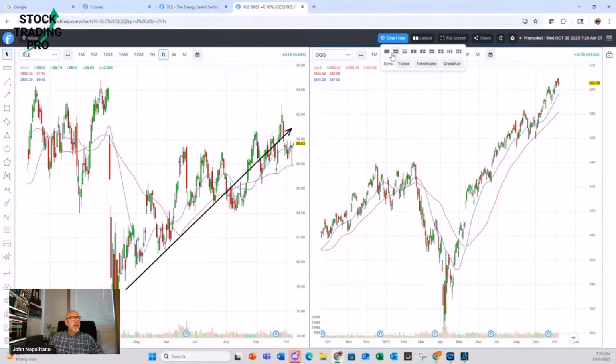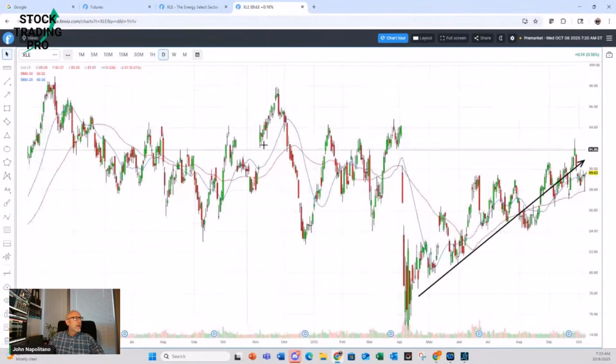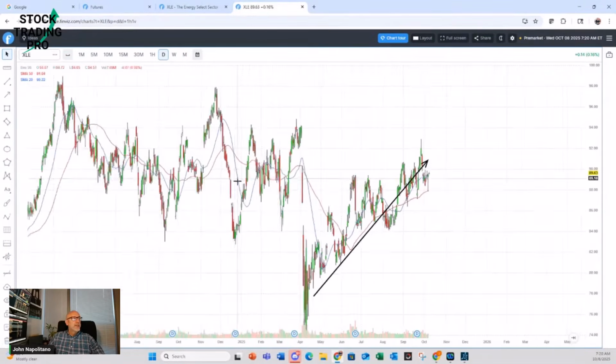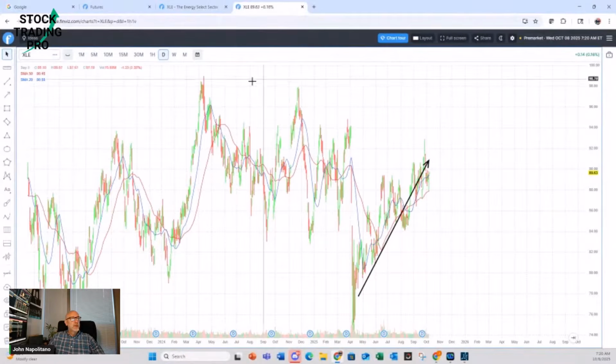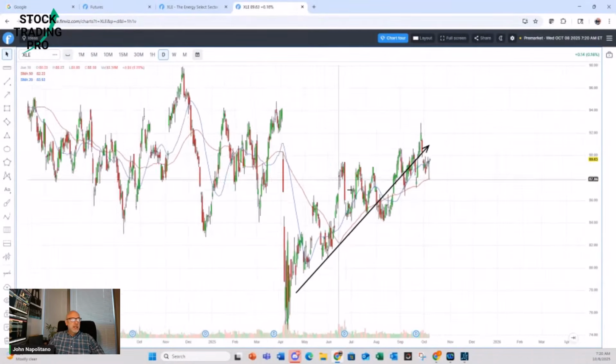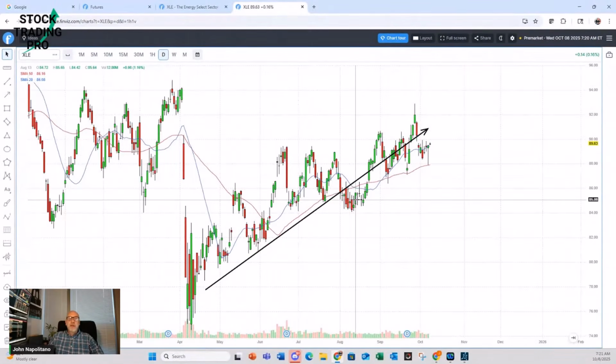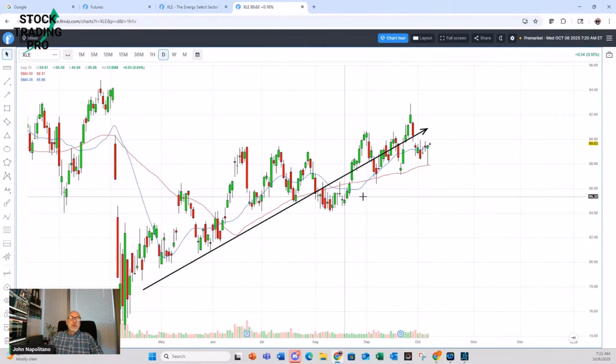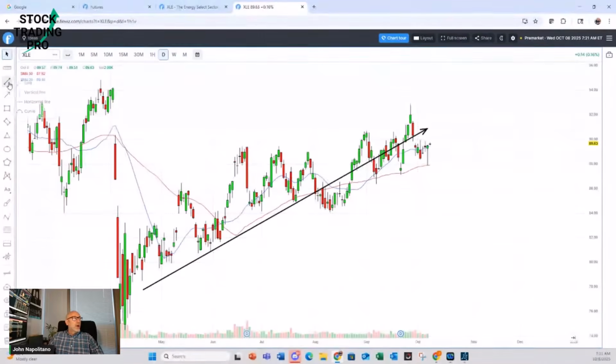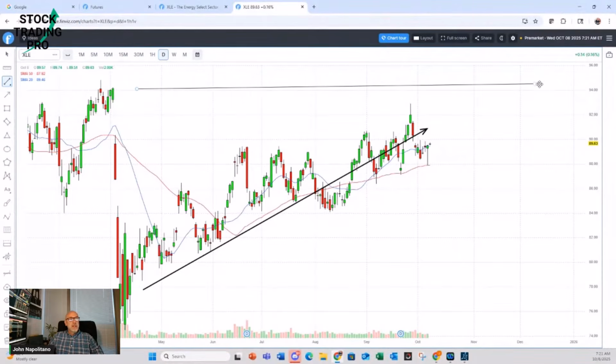If we kind of go back to energy here, you can see what I'm talking about. It has room to run because it has not made new highs yet. It still has a little bit of upside here. And, with sector rotation being what it is, this might be a good opportunity. So that's why I picked this particular group. But as a small account owner, you don't have to necessarily drill down to individual stocks. You can buy the ETF, which is XLE, and have a rough target of maybe this resistance up here at